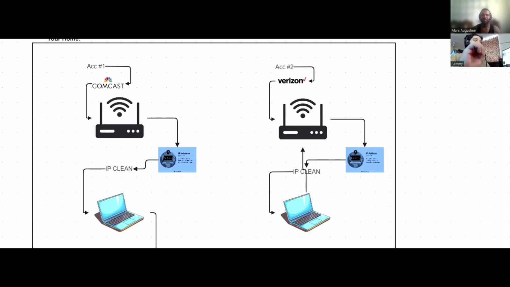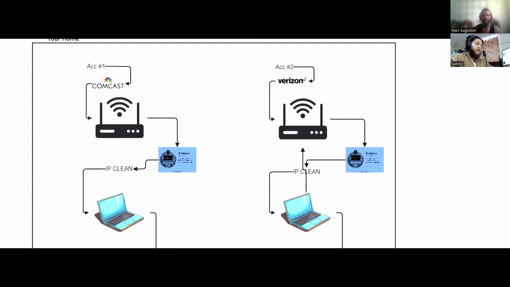Just connect an Ethernet cable directly to the modem, and then from there you're going to log in to the eBay account. And these two accounts can never be linked. You cannot ever use this laptop and connect it to this Comcast modem, and use this laptop and connect it to the Verizon modem. If you ever do, both accounts are going to be linked. But if you do it like this, these accounts are going to be unlinked. So this is how you make your accounts unlinked.